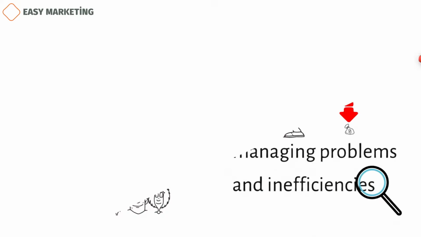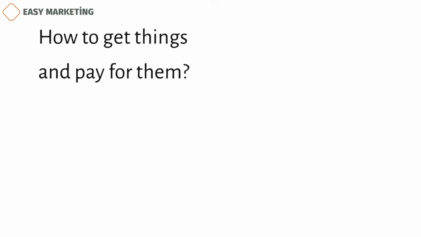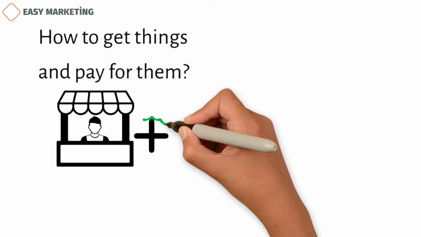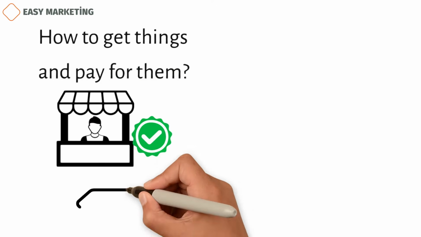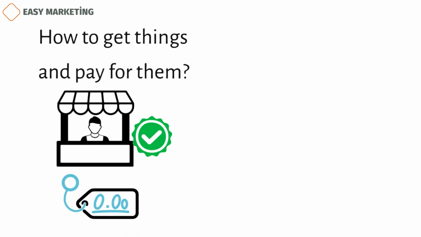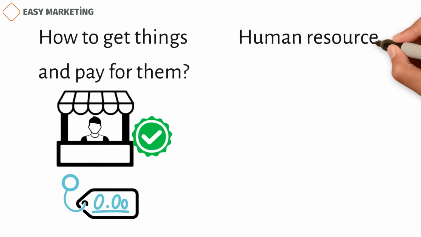Secondary activities. The following secondary activities help the different primary ones. Procurement: how to get things and pay for them, finding new outside vendors, keeping up with current ones, negotiating prices, and doing other things related to bringing in the materials and resources needed to make a product or service are all part of this job.